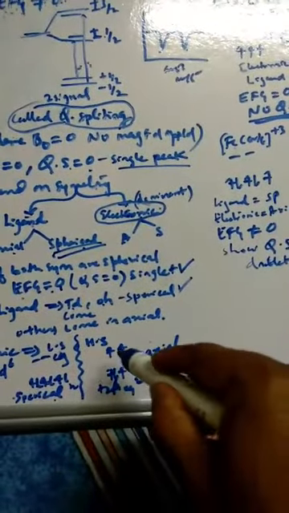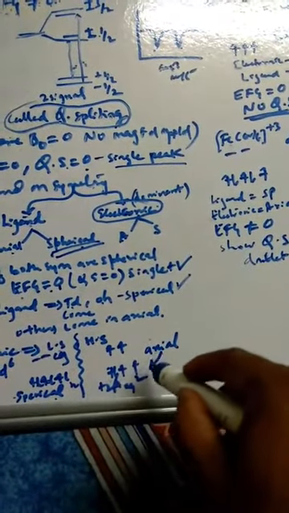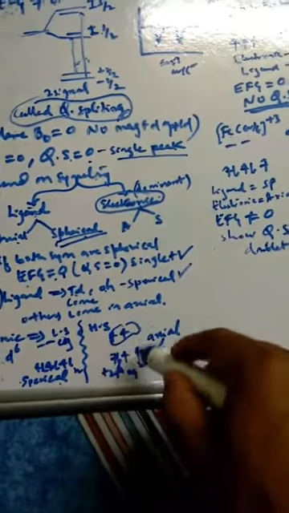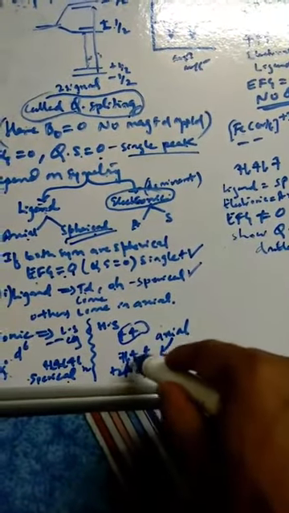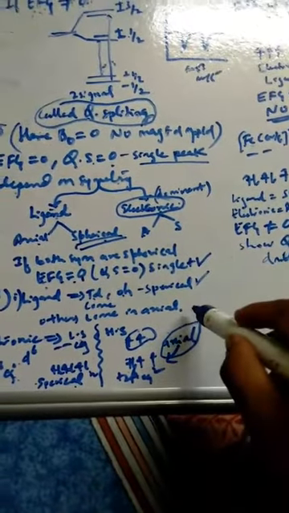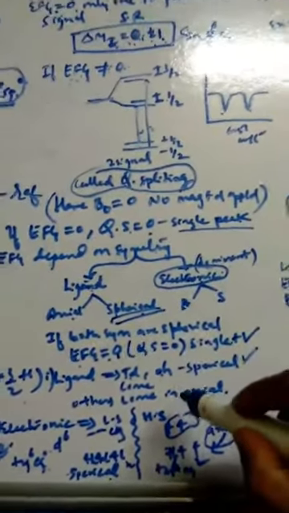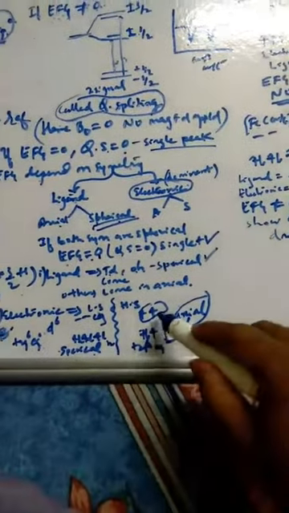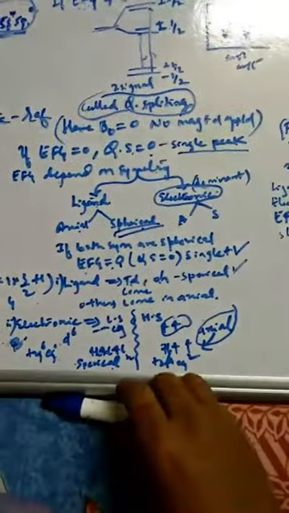But in high spin you can see 1 2 3 4 5 6, that means it is exactly symmetrically filled, but here one electron is extra, so it is asymmetric. That is why it is called axial symmetry, and this is spherical symmetry. So here the electric field gradient will not be equal to 0. In this case it is 0, but in this case it is not equal to 0.